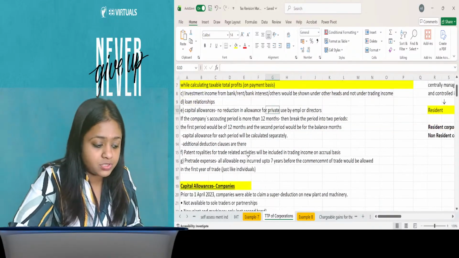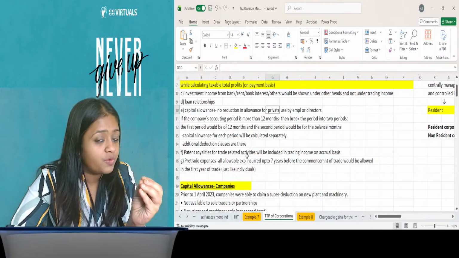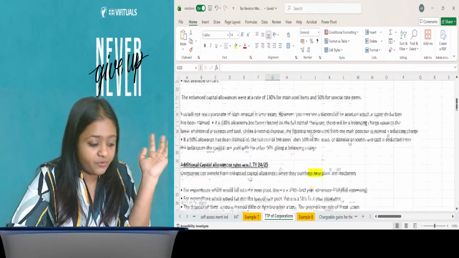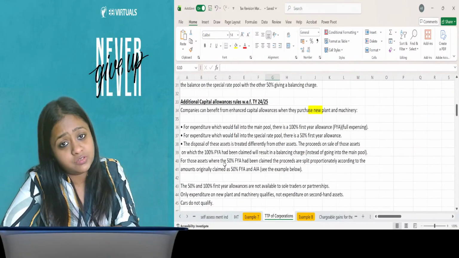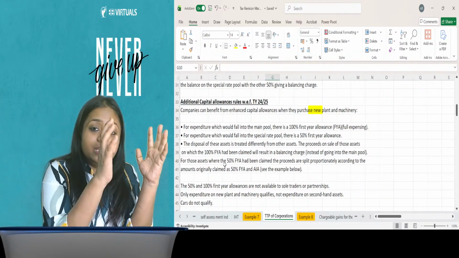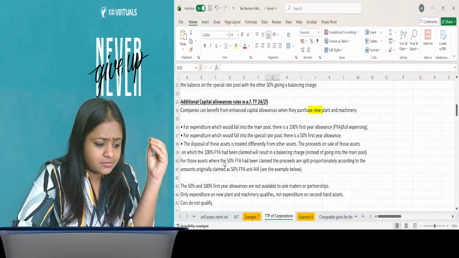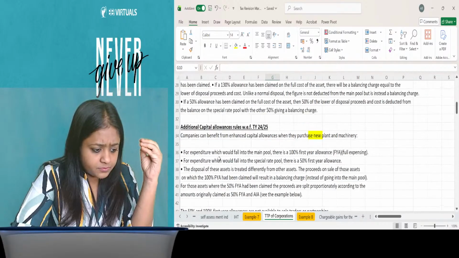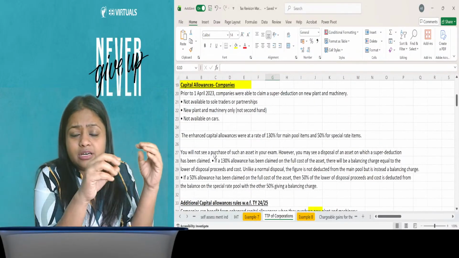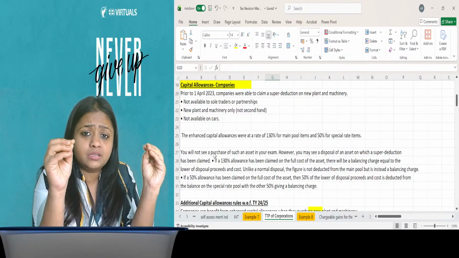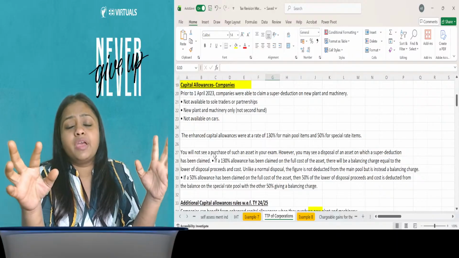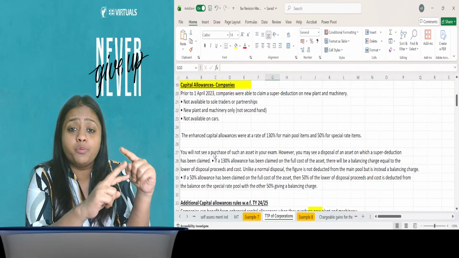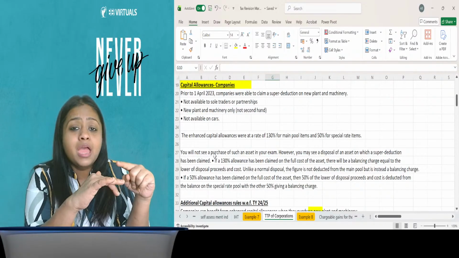Number four, and very important, capital allowances. You will find a bit of difference because for capital allowances for corporations we have some additional benefits. So I will quickly take up those additional capital allowances rules. Number one, till tax year 22-23, that is up till 31st March 23, we had a rule where the corporations were allowed two additional allowances apart from AIA, FIA, small pool WDA and the WDA.